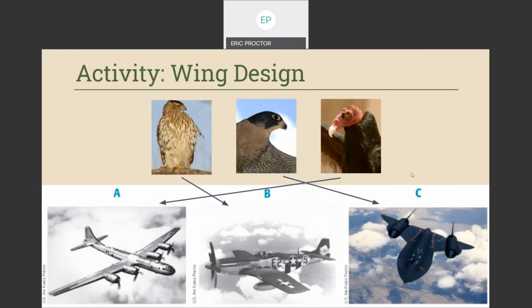You could expand on this then by looking at having the kids build paper airplanes based on certain needs that you want. You want the paper airplane to stay in the air for as long as possible. What is that going to look like? You want the paper airplane to cut through the air and fly as far as possible. What might that look like? So there's different types of things you can do.